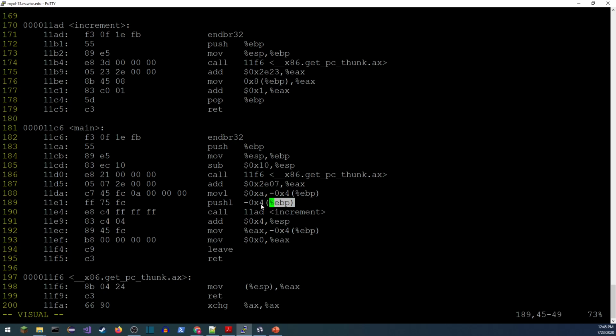When we pushed this and then called the function, we can see that what it's got here, call, is actually a memory address. This is the address 11AD where increment is stored in memory. That's the very first address, the first byte of the instructions is stored right there, that F3. And that's what we're actually calling. This call jumps to that location. It's an unconditional jump with a push of the return address. And it's just letting me know here that this is the name of the function. Okay, and then when we're all done, we did that cleanup.